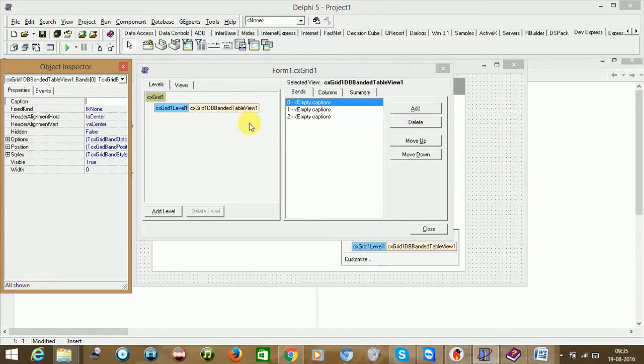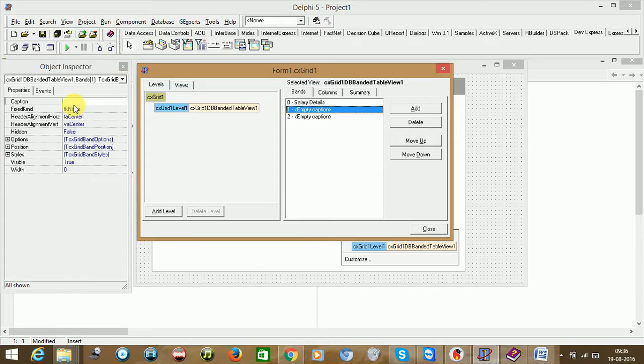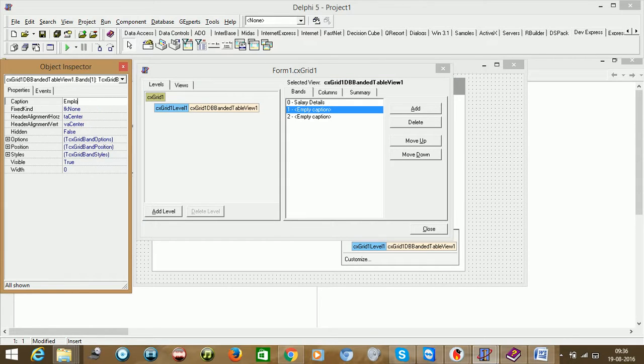So just press F11 key, select the respective band, and give a caption for that. Use the caption property. Say salary details. Then you could say employee details. And finally, component details.